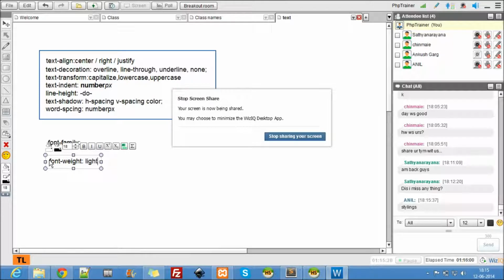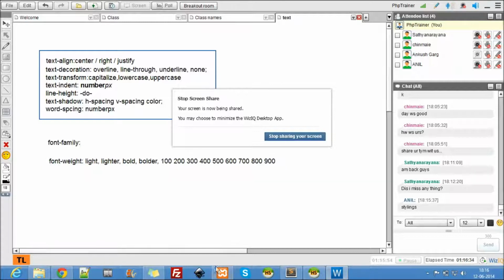Font weight can be light, lighter, bold, bolder, and 100 to 900, like 100, 200, 300, 400, 500, 600, 700, 800. So 100 is lighter, 900 is bolder, 400 is normal, 600 or 700 is bold. Most of the time we'll be using only bold and light.